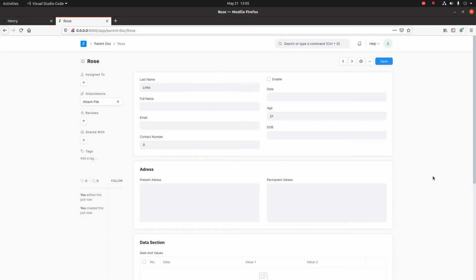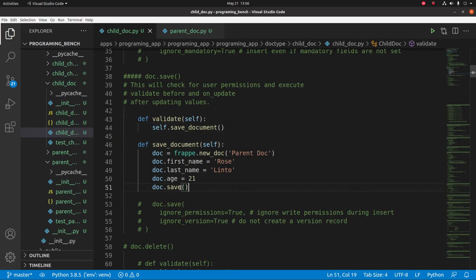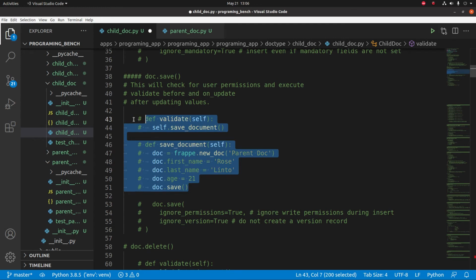So this is how the doc.save method is working. If the parent document contains any validate or onload events, it will trigger that event when we create or when we save the document using doc.save. Let's comment this, and